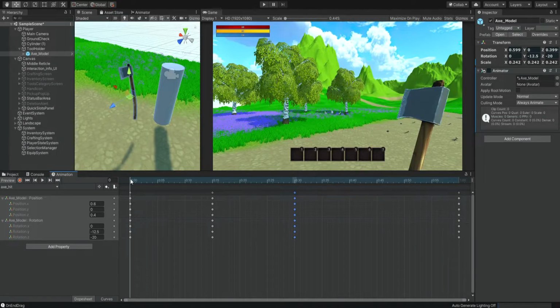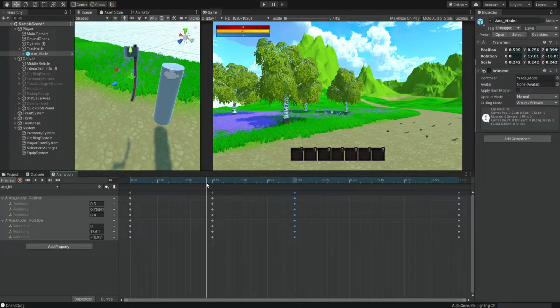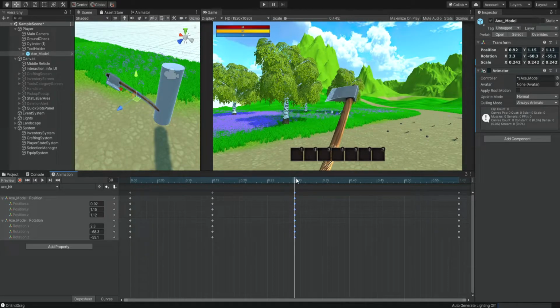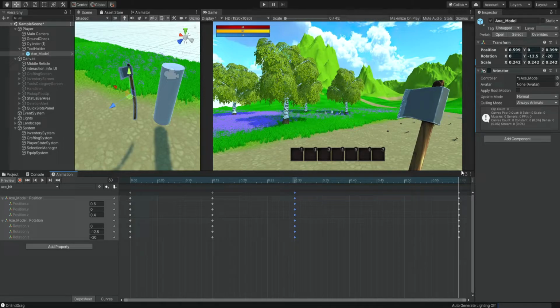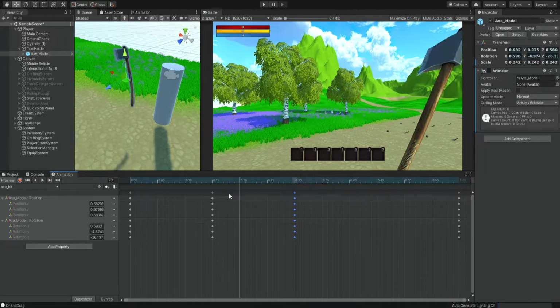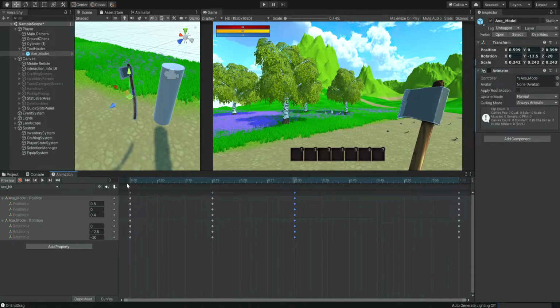So all you need to do is start with your first position and then at some point change the values, and then change the values again, and change them again, okay? So you don't really have to do it every step. You can do just 3 or 4 steps and the animation will know where to move, okay?